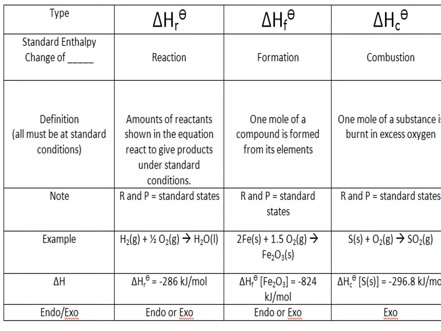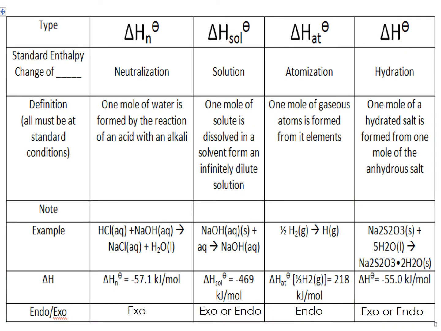Combustion, anything that reacts with oxygen is a combustion reaction. So enthalpy of reaction for combustion is anything with O2. Now notice that you could have a formation reaction with just O2 as well, because O2 is elemental, which is true. So they can kind of intertwine somewhat. But a combustion reaction is always exothermic. It always releases energy. Whereas a formation reaction could be both endo or exo. So those are the 2 major ones right there. So the other 4,